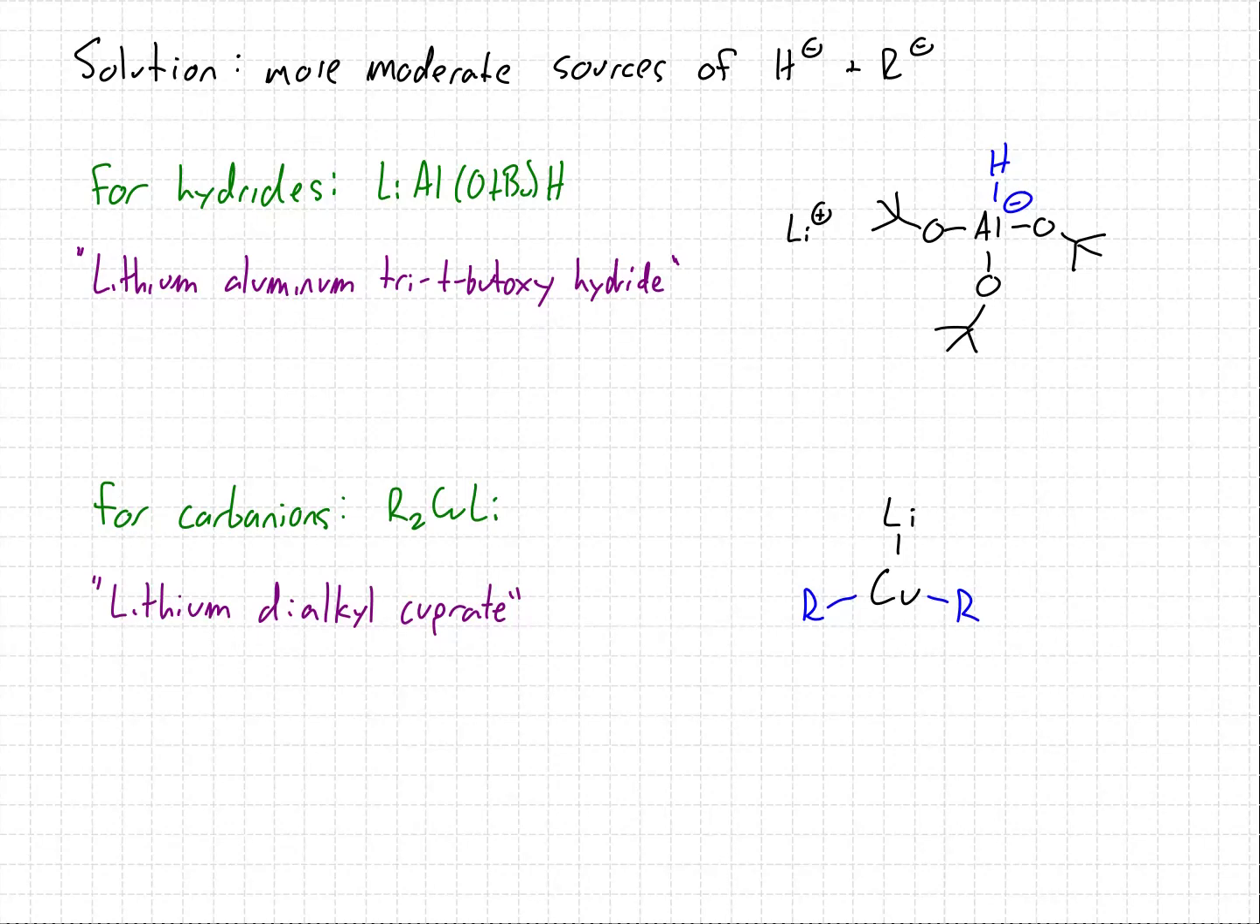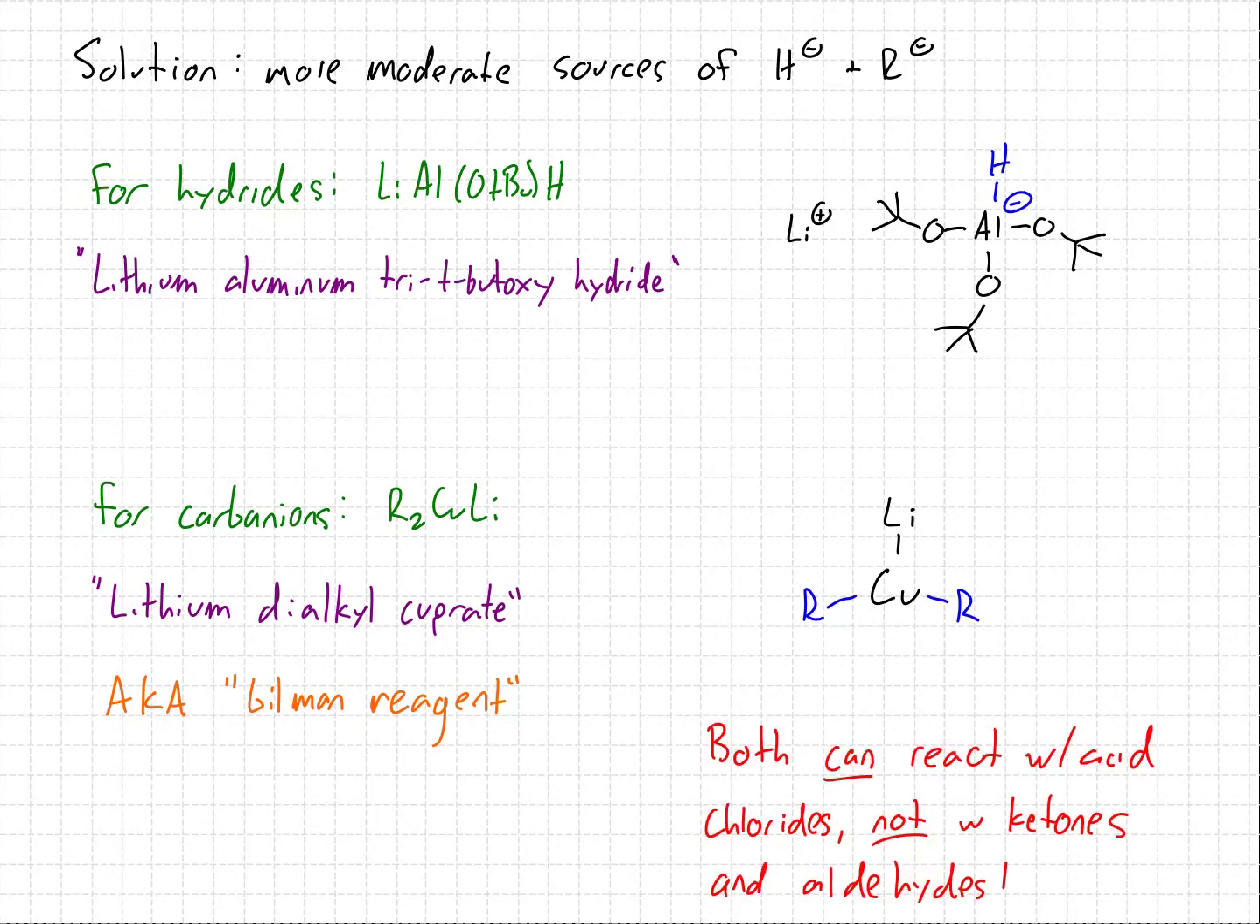This is known as a lithium dialkyl cuprate, also called a Gilman reagent. Here, the copper, which is a larger, softer atom, means that we've produced a less reactive carbon with a partial negative charge. Both of these can react with acid chlorides, but they will not react with ketones and aldehydes,